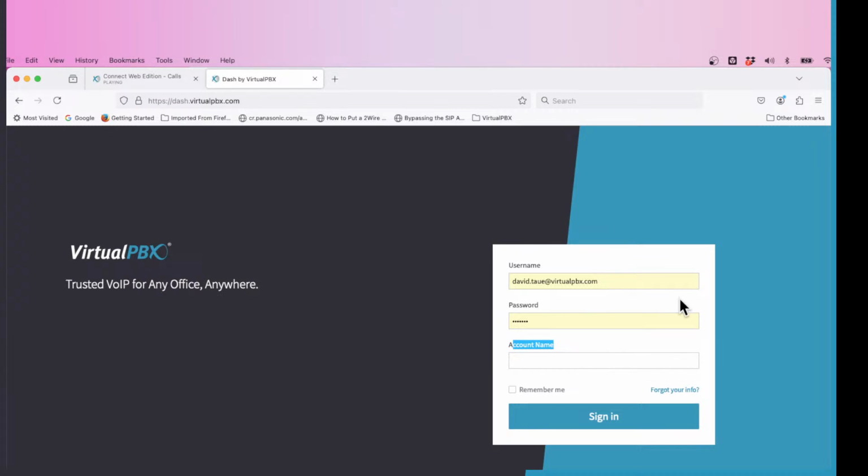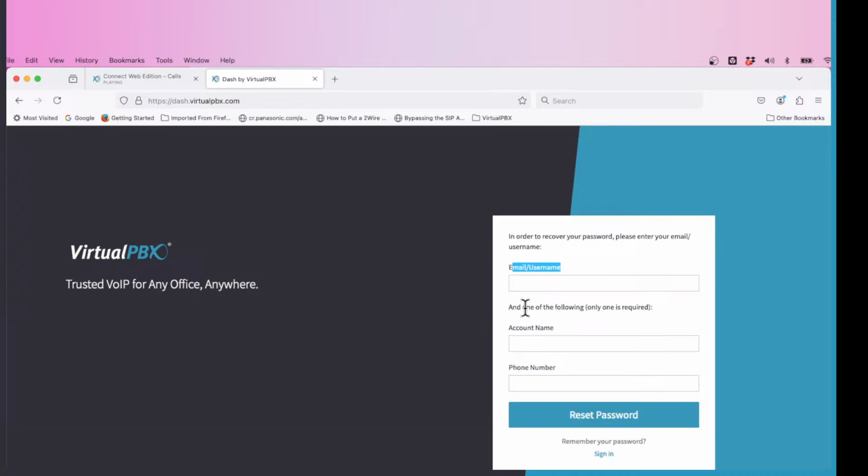Now, if you have trouble logging in, down here above the sign-in bar, there's an "I forgot my info" link. You just click on that. And we still need that email address. And then we need one of the 2 following pieces of information. So we need either the account name or a phone number on the account. Click on the reset password button